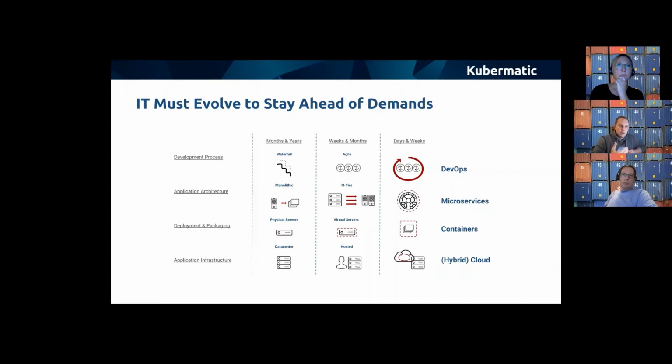And what we think and what we're seeing is, of course, and I think COVID showed this quite well, that the worst that could happen is if you don't have IT which is really built for the demand and also for future demand, so that you can easily scale, you can get into problems. And so what we think is that you really must stay ahead of the demand,